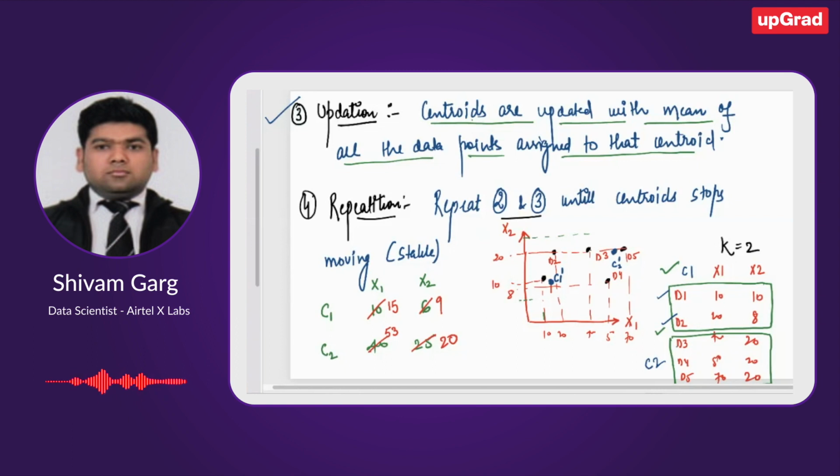If assignment is not changing, update is not happening. If update is not happening, distance will not change. And once distance does not change, assignment will not change. And this becomes a loop. So whenever my clusters become stable, stable meaning data points are not changing clusters, we can stop the algorithm